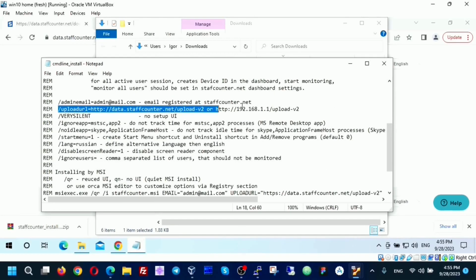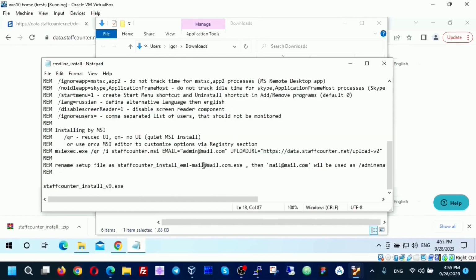We copy this line here, and instead of data staff counter, we write 192.168.0.51. If you install a local staff counter server on some host, it will also have some kind of static IP address. This address you have to write here. Save the changes.